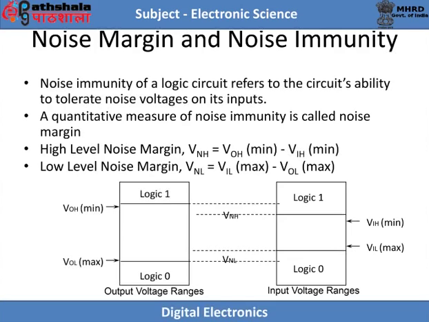Noise margin and noise immunity. This is the quantitative measure of noise immunity offered by the logic family. When the output of the logic device feeds the input of another device of the same family, a legal high logic state at the output of the feeding device should be treated as a legal high logic state by the input of the device being fed. Similarly, a legal low state of a feeding device should be treated as a legal low logic state by the